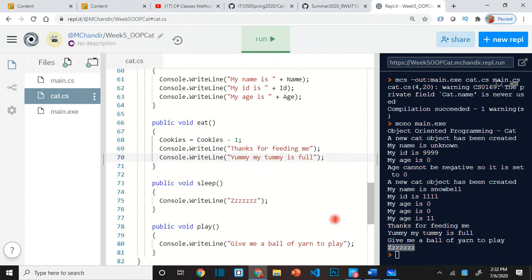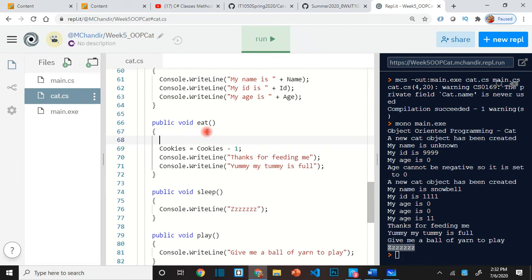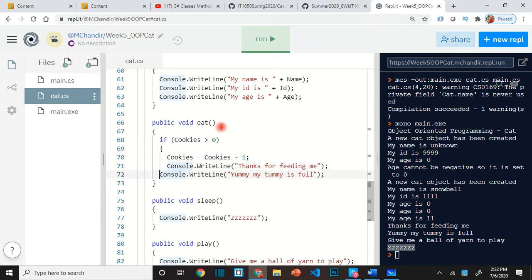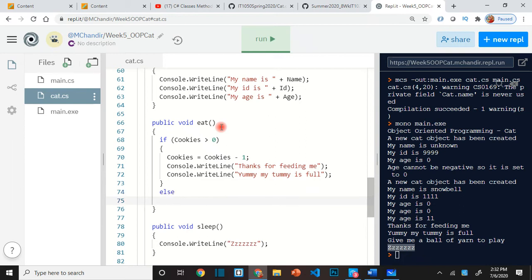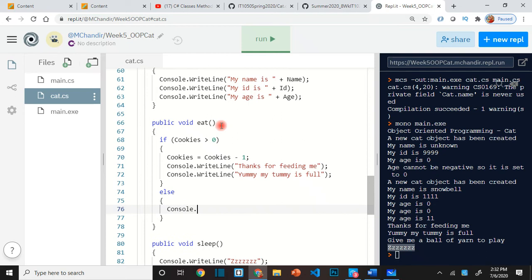Okay? So now, 10 times you feed the cat, the 11th time, you're going to run out of cookies. If you try to feed the cat any more cookies, and if the number of cookies is 0, you can't go any further down, right? So you want to make sure if cookies greater than 0, else you are already at a 0. So you would just say console.writeLine